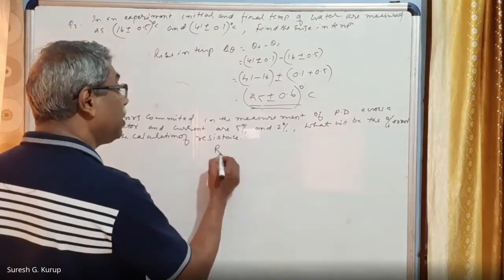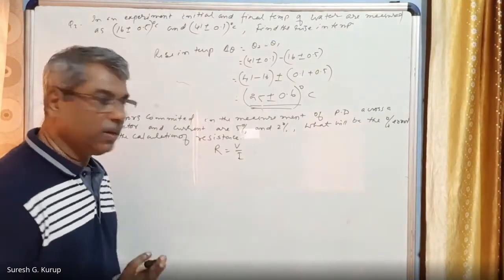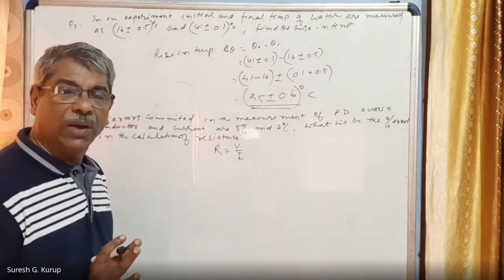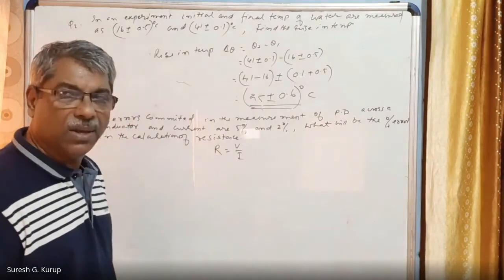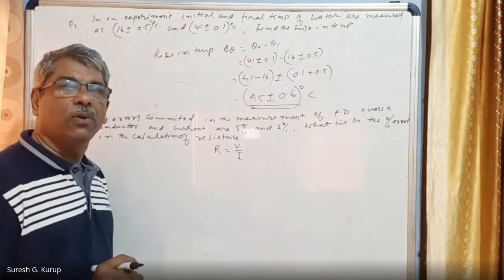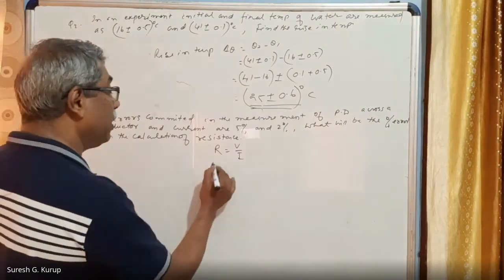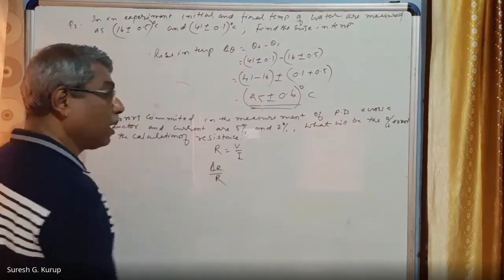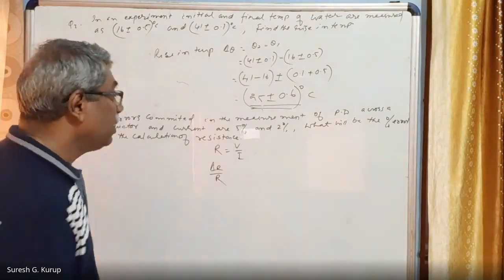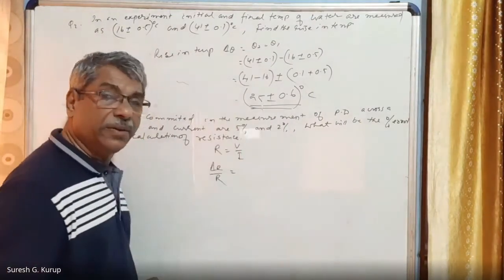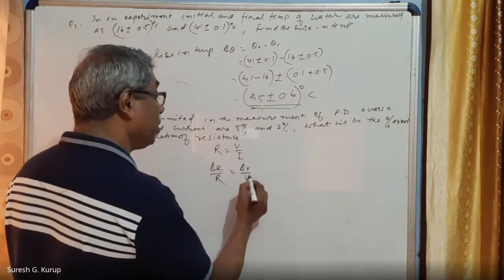Capital R is equal to V by I. It is a division. We have to calculate the percentage error in the calculation of R. So to find the percentage error, first of all, we have to calculate the relative error. Relative error in R is equal to delta R divided by capital R. That is equal to, we have already seen in division how we did it, relative error in potential difference plus